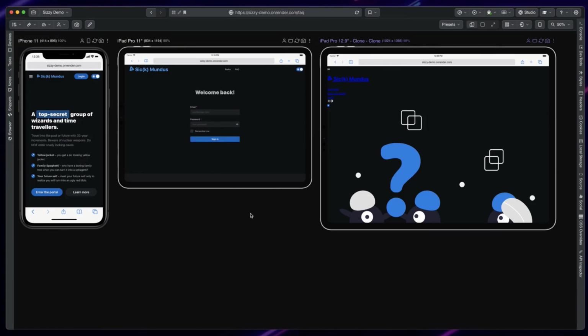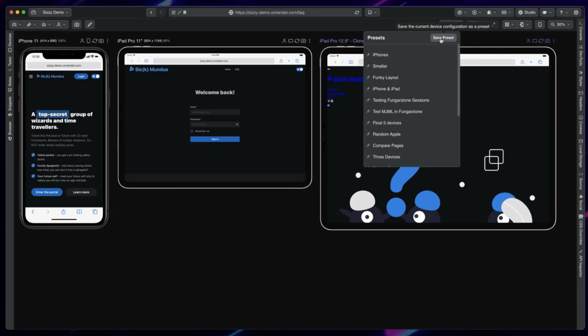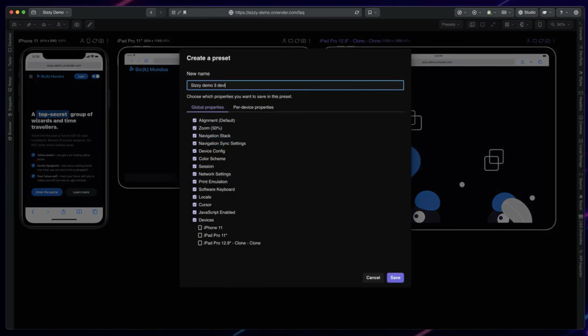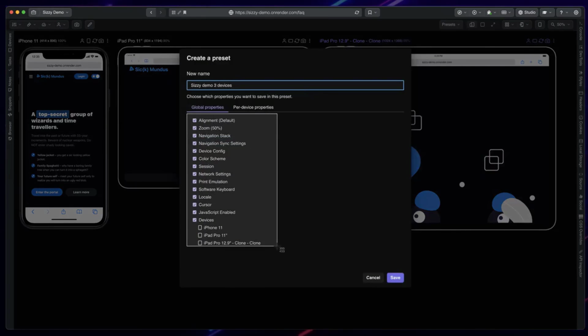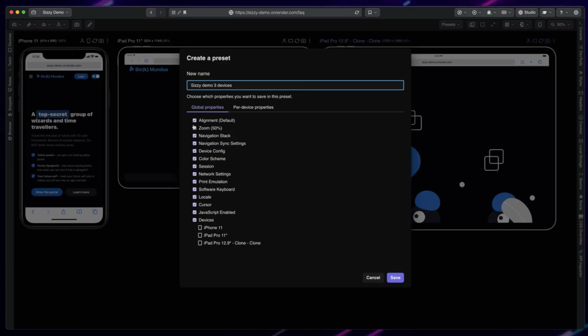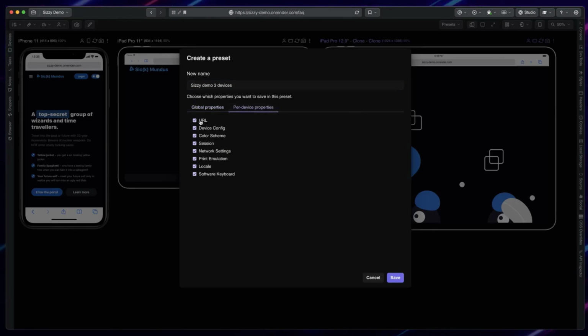And instead of doing this every time I switch into this project, I can save it as a preset. So I can say Sizzy demo 3 devices, and here I can choose what I want to save. Do I want to save the zoom, the alignment of the devices, the session, which is what we want to save, the navigation stack, and the list of devices, and which per device properties I want to save, like URL, device config, color scheme, and so on. I can save all of these